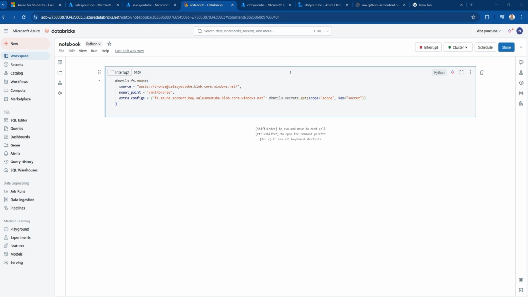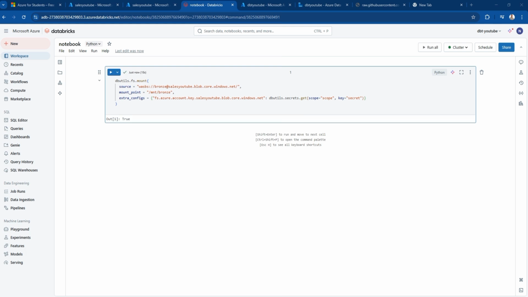So you're mounting the bronze first. You're going to need to mount the silver and the gold. So you just change it to silver,